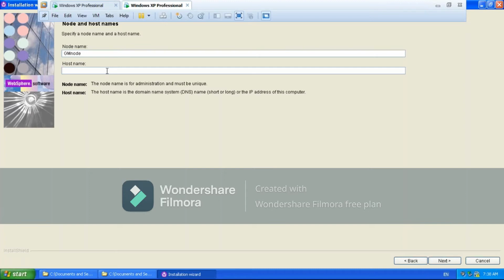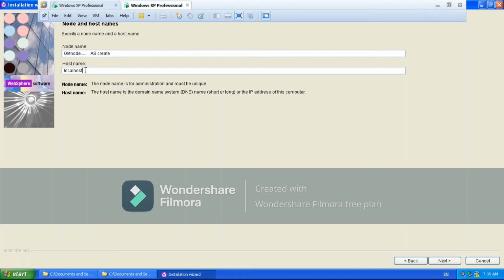Then which host name will the logical server use? The virtual host. Here, the host name I am giving is localhost. So by using this localhost name, the physical server will interact. That's fine. Then under this node, your application server will be created. In this node, your application server will be created.